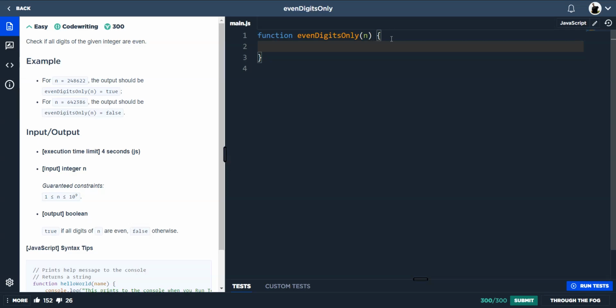So, even digits only. Check if all digits of the given integer are even. In our examples, all of the digits in this n are even, so it's true. And for the second one, we have a 3 in there, which is odd, so they're not all even digits. So what we need to do is return, and then we need to first of all, well,